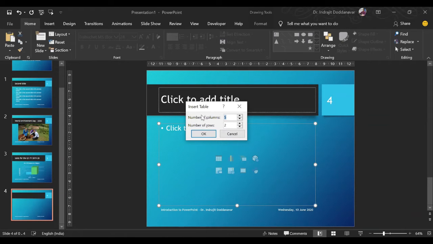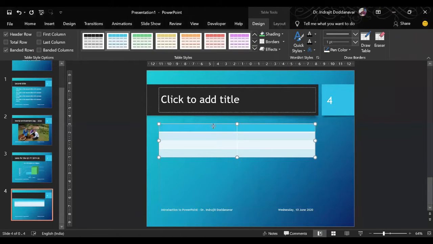So for example, we consider that we have got about 2 products, and we want to show information of 4 quarters. Can anybody tell if I have got 2 products and 4 quarters information to be shown, how many columns and how many rows should I have? 2 columns, 4 rows. Okay, 2 columns and 4 rows. You punch in the numbers, and once you have given your row numbers, you say OK, right? So you see here you have got 4 rows and 2 columns.